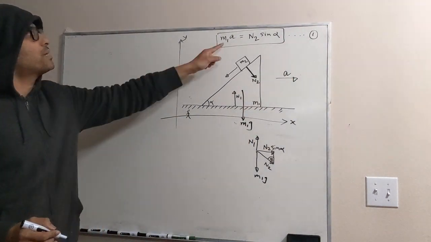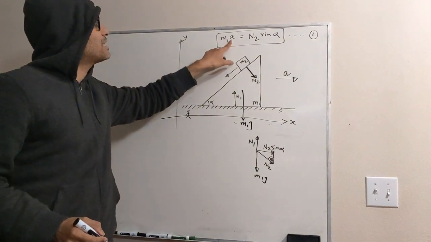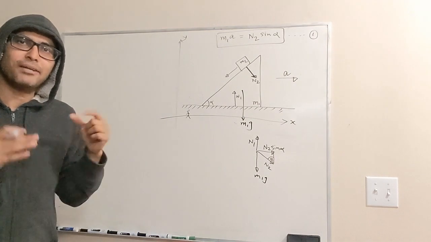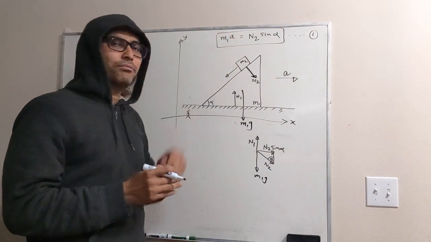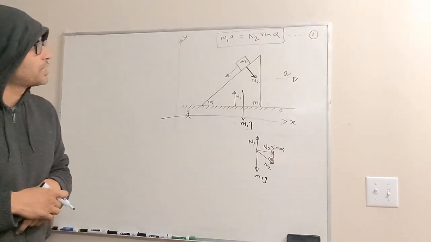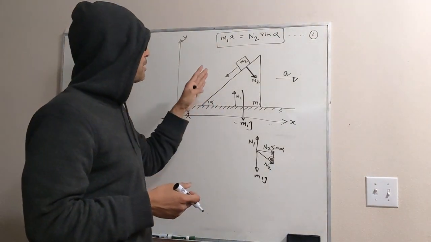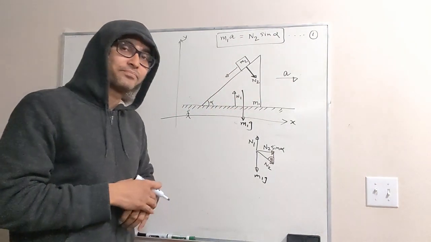Now our goal is to figure out A, right? Now we can see here there is an unknown N2. So somehow we need to find out this value N2 and substitute in this equation and then get the value of A, right? That is our goal. Now this is fine. So this is what we can get from the equation of motion of this object.